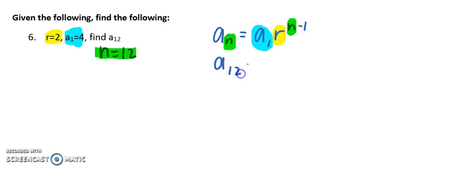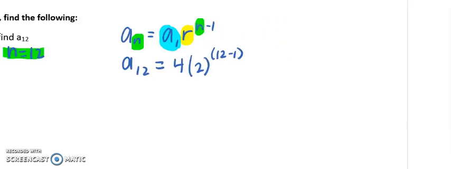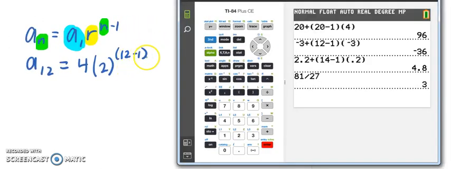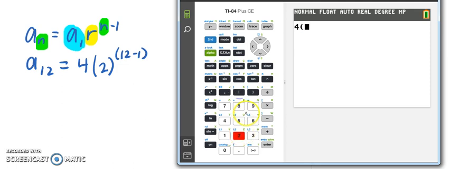So A sub 12 equals 4. Now here's where things get dicey. I tend to put 2 like this, and then because some calculators can differ, I'm going to do this, all right? So I'm going to type this in the calculator. Now, my calculator, hold on, I'll show you what I mean. Let me actually type it. My calculator, when I go up here, do you notice it actually puts it as an exponent? Some calculators don't do that. And you got to write parentheses. So you know what I'm going to do? I'm just going to write parentheses for the whole thing. That way, if you've got the older calculator, you're still going to get it right. Boom, there you go. The 12th term is